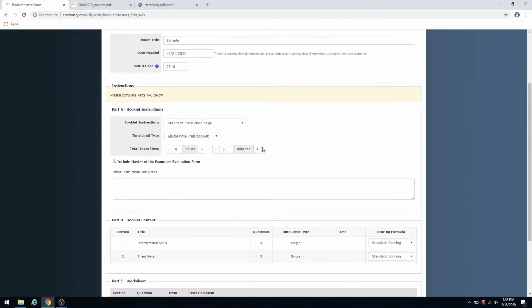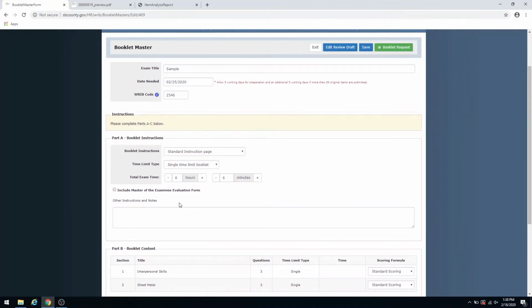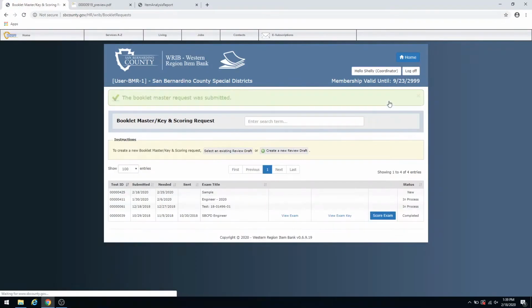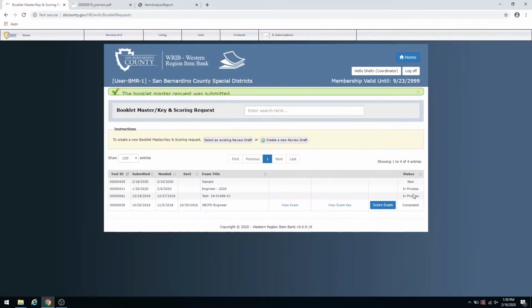And when we're ready and we have all the information as we need it, then we are ready to submit it. If you have further instructions that Maria needs to know, you can certainly type them in right here. When you're ready, you hit the booklet request. That submits the booklet,